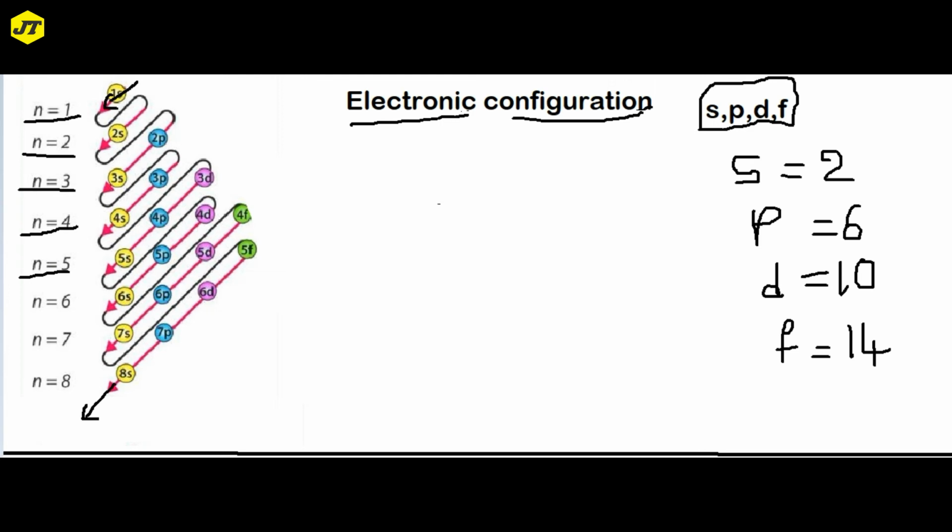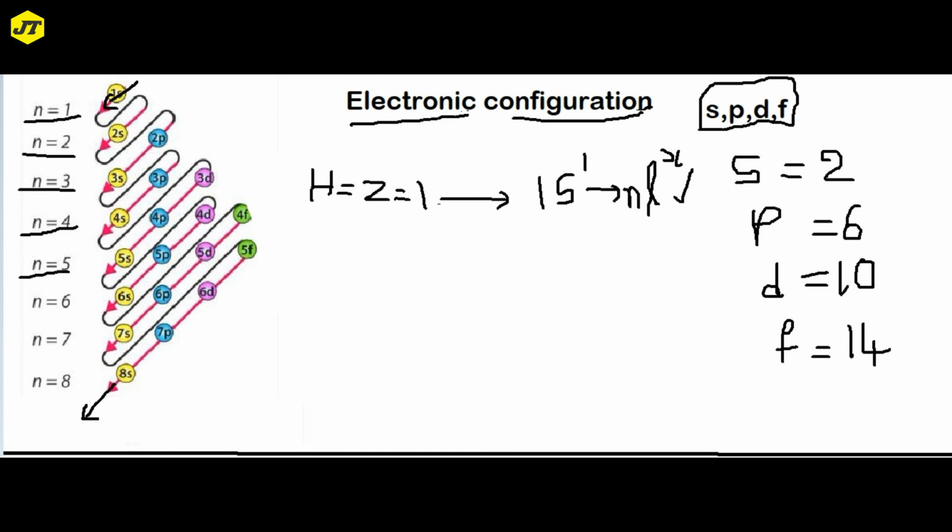Okay, let's take an example, that is the hydrogen atom. The hydrogen atom has Z equal to 1 and the number of electrons present in a hydrogen atom is 1, and the electronic configuration of a hydrogen atom is 1s1. See children, 1s1. Is this in the form of the nlx method? Yes, correct, that is in the form of the nlx method.